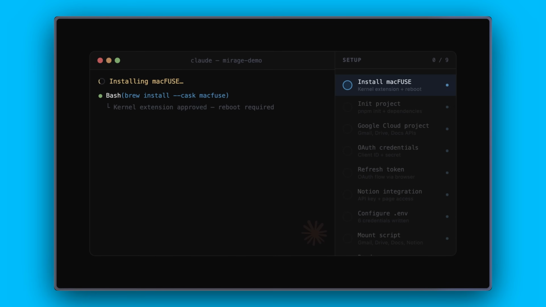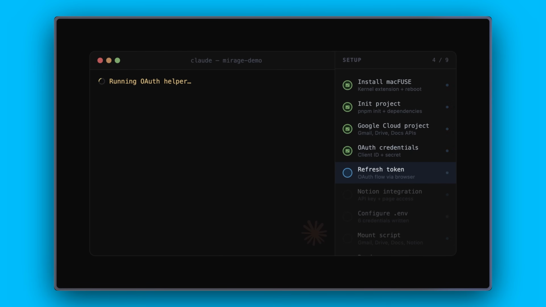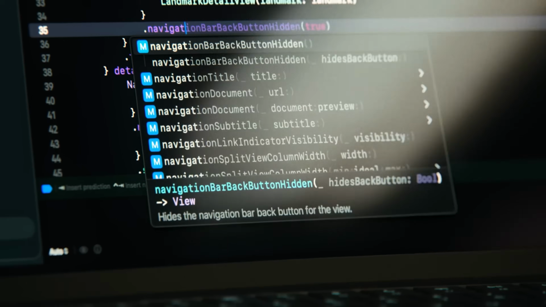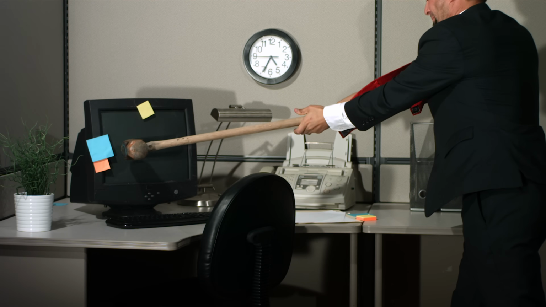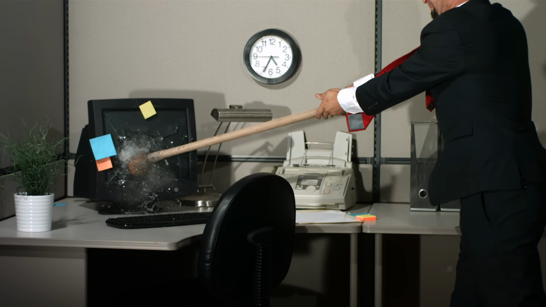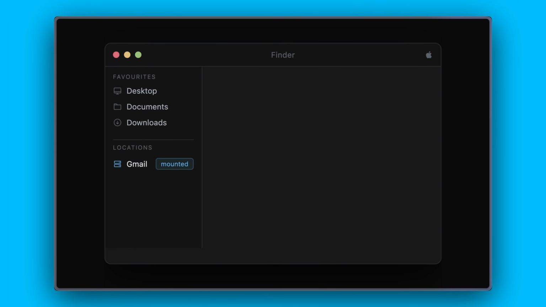Going through the installation steps one by one doesn't really matter because it's all code and Claude can automatically do everything. But if you run this on a Mac, the install isn't that straightforward because God forbid Apple lets you install anything without feeling like you're about to burn your system to the ground. To use Mirage, macOS needs to have it mounted as a file system so that your agent can use it as just another folder with files.